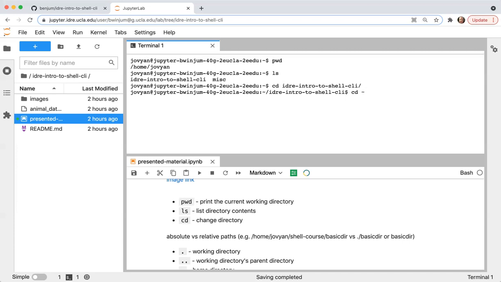The tilde on my keyboard is kind of a character that's up beside the number keys, and I have to type shift to enter it. So if I do cd space tilde, the little squiggly line, and hit enter, it will take me back to my home directory. And I can figure out it's my home directory by typing pwd again. Pwd will print my working directory. This is my home directory.